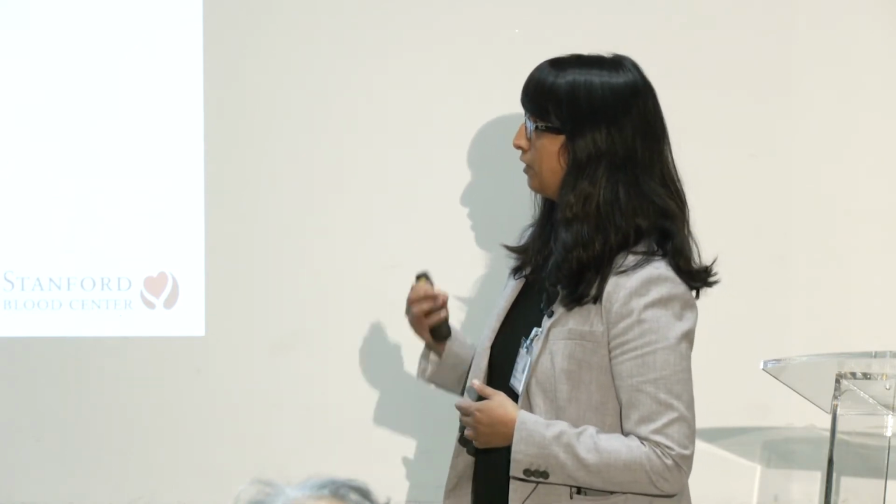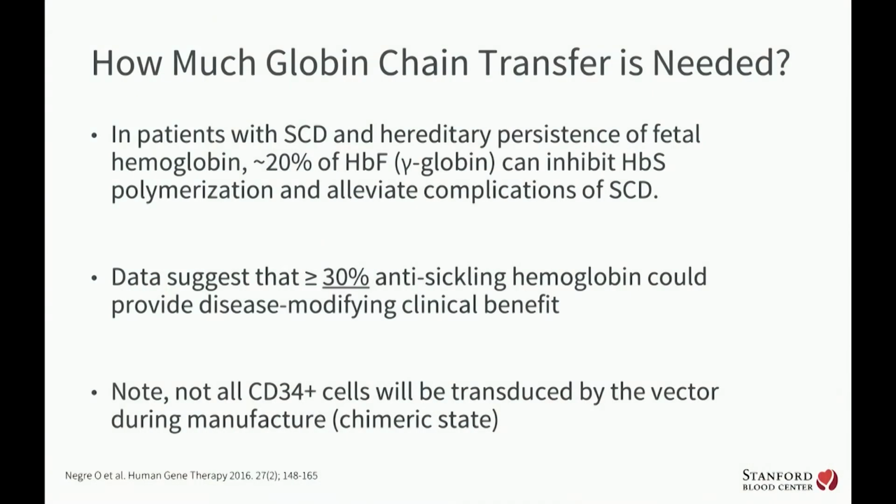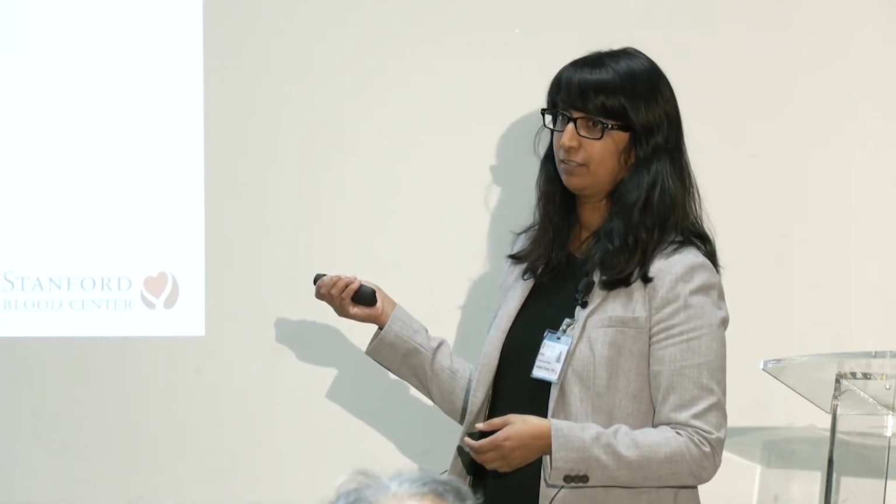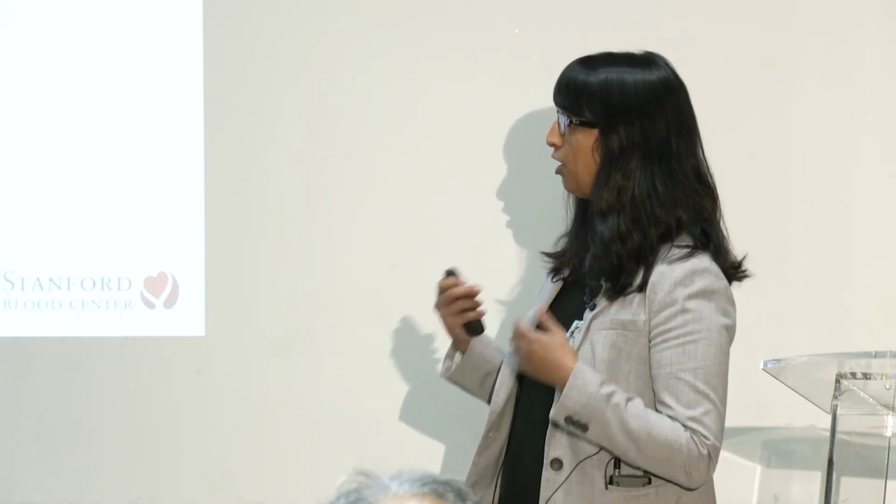And so far, in all the pre-studies, it was not ever inserting next to an oncogene, so that problem wasn't occurring. So in patients with sickle cell disease and hereditary persistence of fetal hemoglobin, so there are some patients with this, we know that if you have about 20% hemoglobin F, this will inhibit the hemoglobin S polymerization and alleviate complications of sickle cell disease. So you don't need to get to like 100% of hemoglobin F or the special globin gene being expressed. You really only have to get to 30%, which is good,